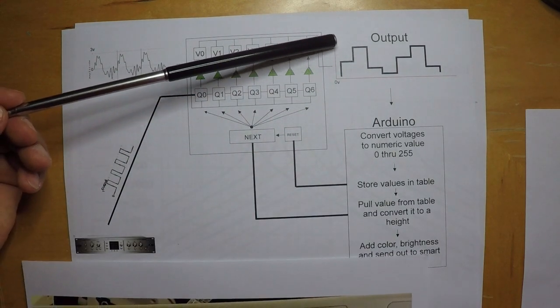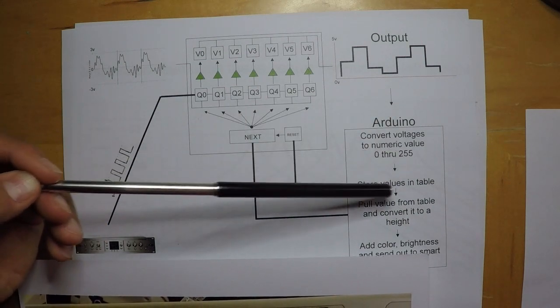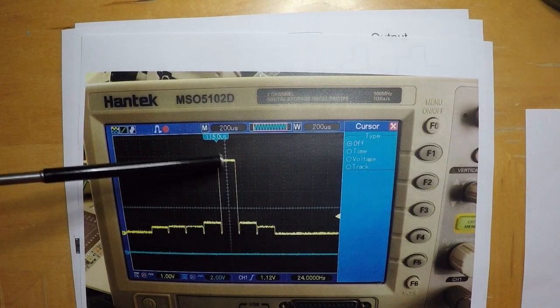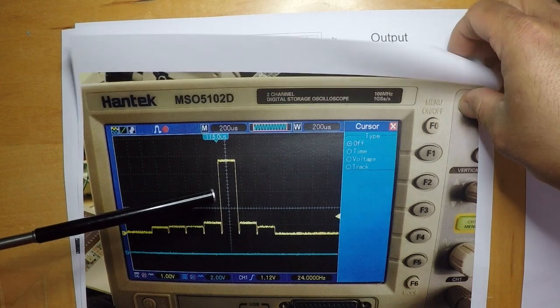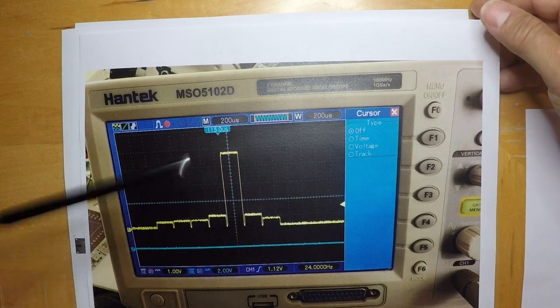The Arduino took that 4.5 volts and converted it into a number from 0 to 255. And I would imagine that for this column here, this was probably in the high 200s, maybe 230, 240. Don't know the exact number, but you get the idea.